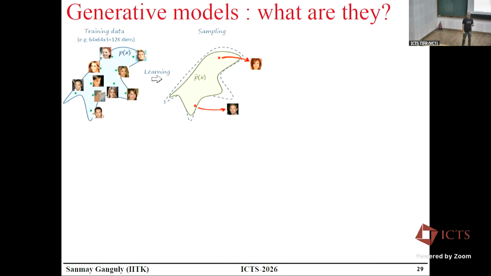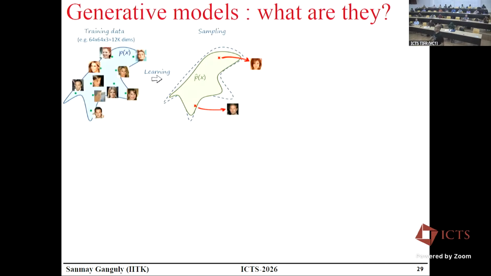Given such a case, can I do sampling? Where I want to sample from a probability distribution where I don't know the underlying probability distribution. But I still want to make samples out of it. So that's essentially a hard problem. How do I do that? That's the core question of the domain of neural networks, which are called generative models.